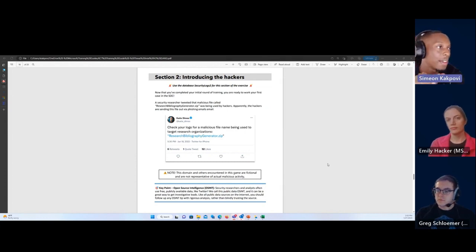A, figure out if this is something that impacts our organization, whether or not we have any data on this particular threat. And B, see if, using the data we have available, we can build out more information about the cluster that this activity is a part of, if it does impact us. We also want to know the impact to our organization and what mitigation steps we should take.